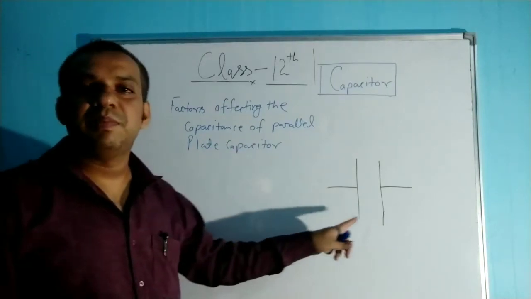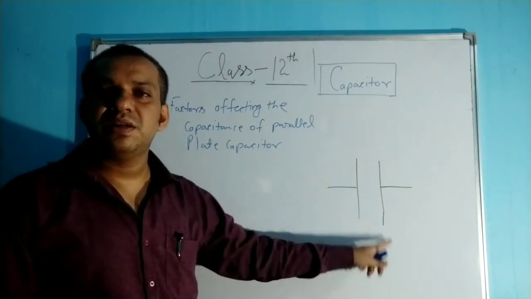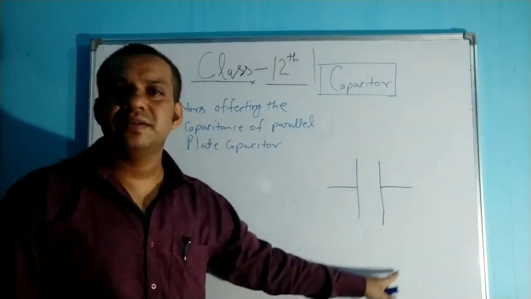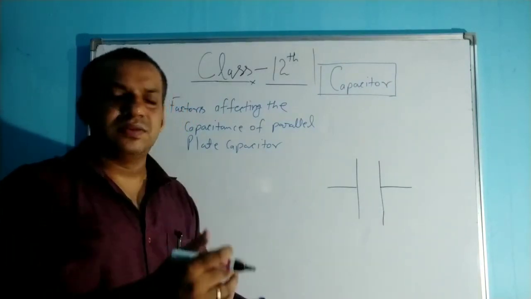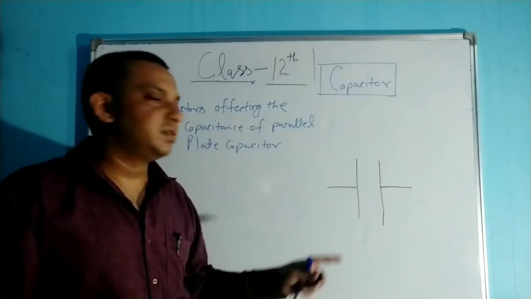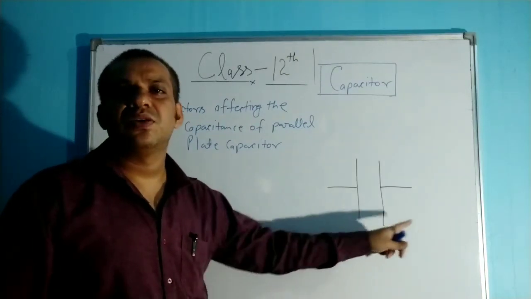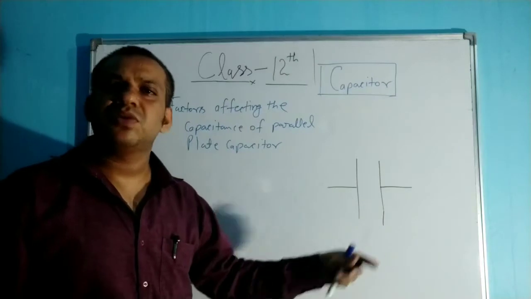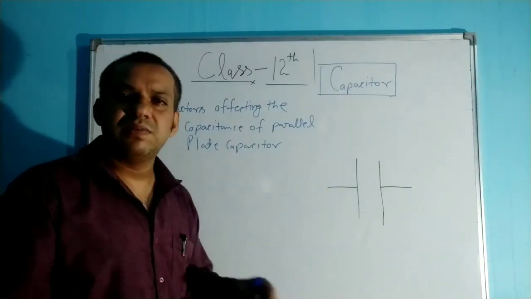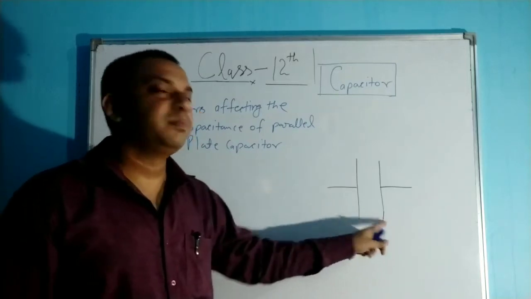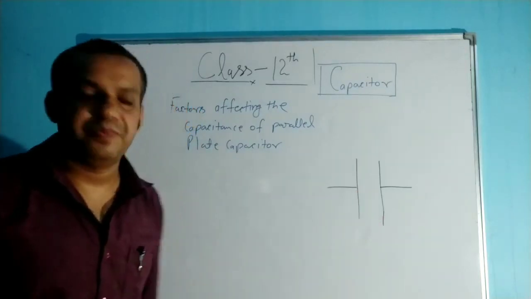So you know that the parallel plate capacitor is made of two metallic plates. One gets the power supply, the second is neutralized, it is the earth. You just build up the potential difference across these two plates. Because earth also has zero potential, as we connect the other with the higher potential, that will create the potential difference.